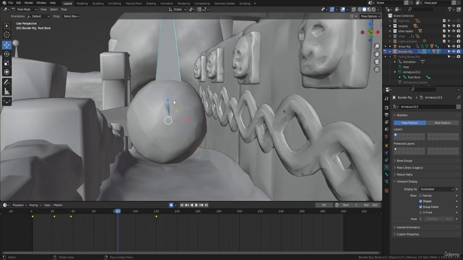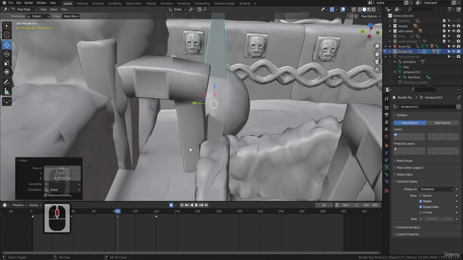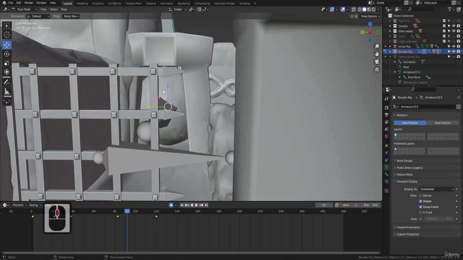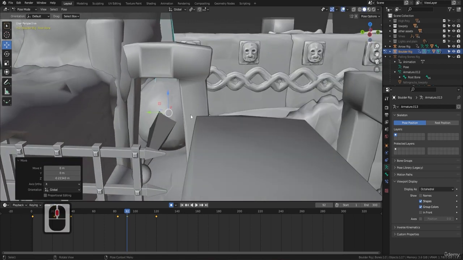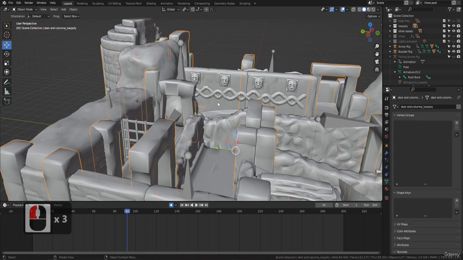Yep, it is a little bit. So what we'll do is we'll bring it down very slightly. Then we should have a little bit of jump up here. As you can see, it's floating a little bit there. We'll bring it down. I'm also going to, to make this easier for myself, hide all